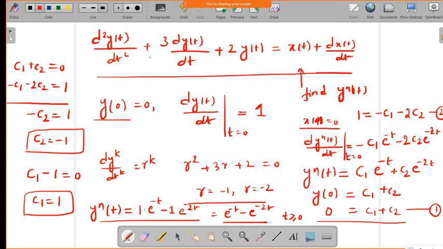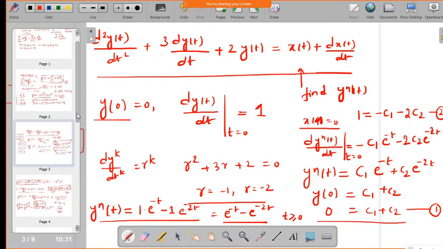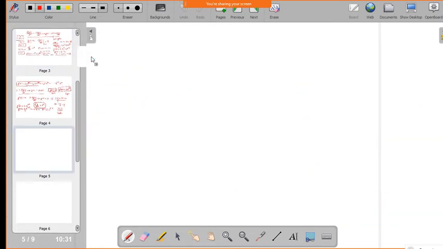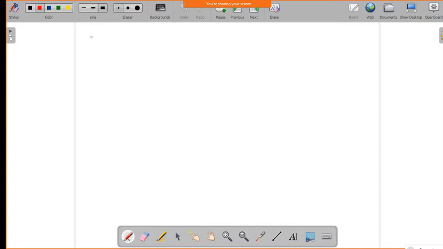These are the solutions for this differential equation when the roots are real. Now we will take the problem when the roots are imaginary. So take the problems when the roots are imaginary. Find the natural response for this differential equation. They will not actually specify whether roots are real or imaginary. Based on the roots whatever we get, we need to write the solution accordingly.